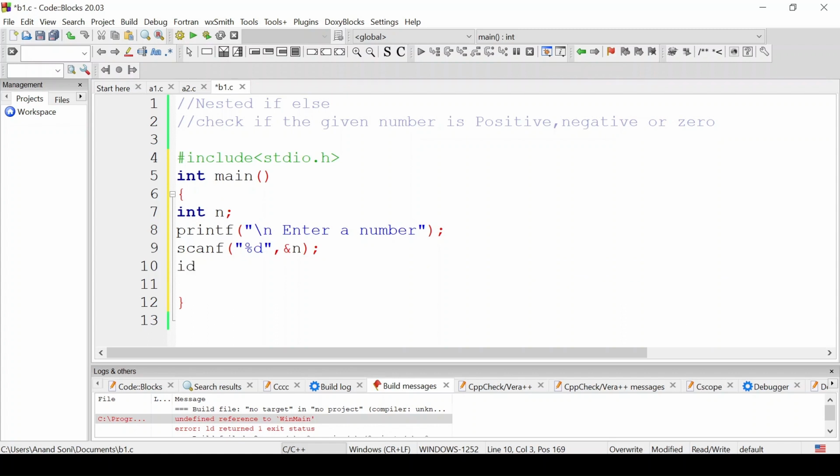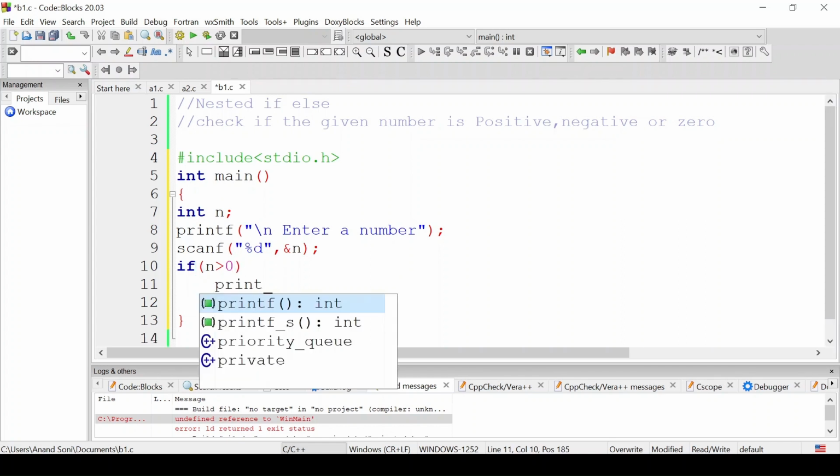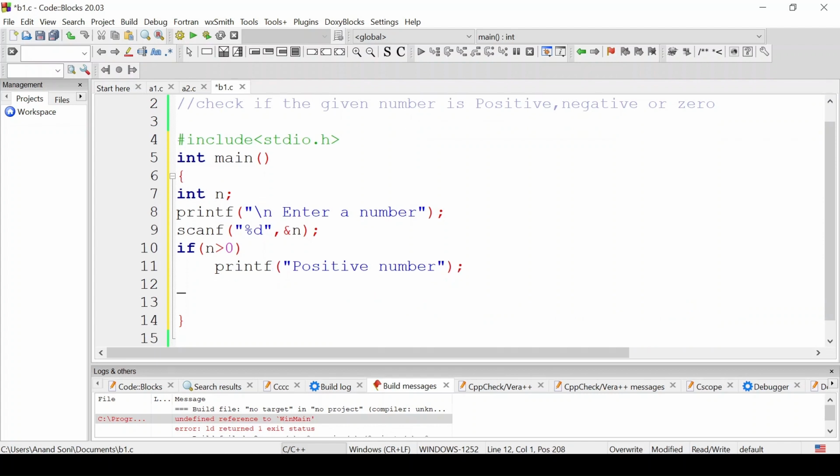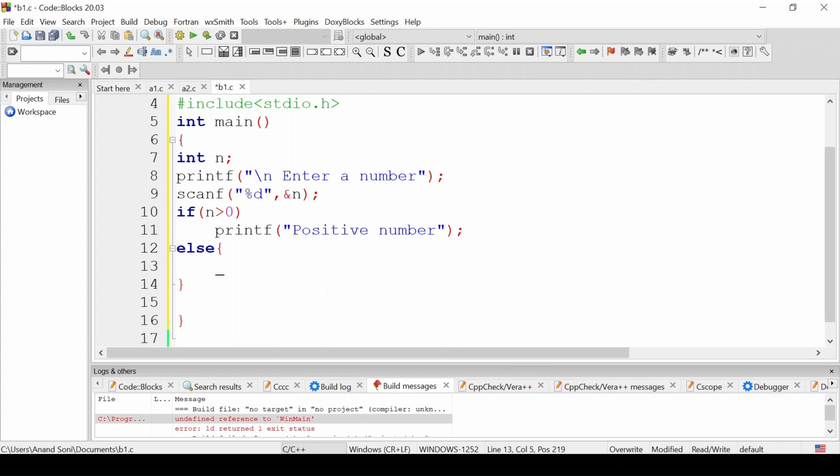Here I will check if n is greater than 0. If it is greater than 0, then we have to print, I will print "positive number". If it is not greater than 0, then it will go to the else part. In the else part it will again go in